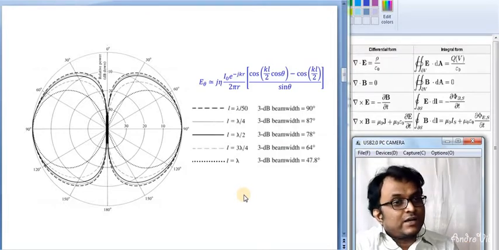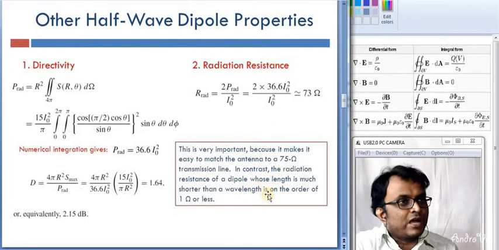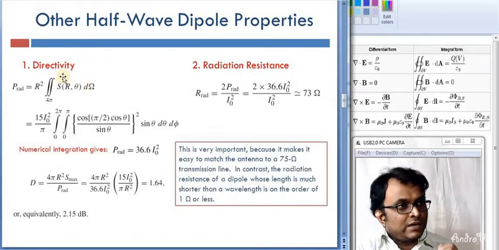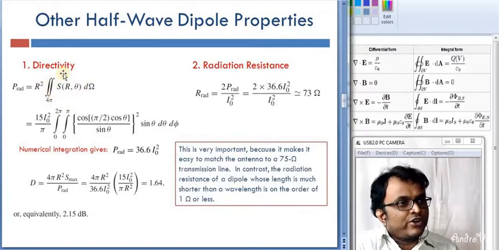But there is some problem associated with that, which is called the impedance of the antenna. In the next slide, I am coming to that. Previously I was talking about directivity. The directivity of the antenna is calculated over the total amount of energy radiated over the space, and it becomes like this.